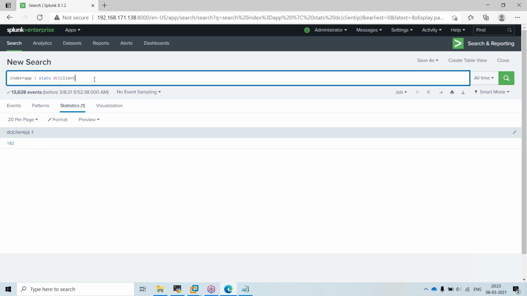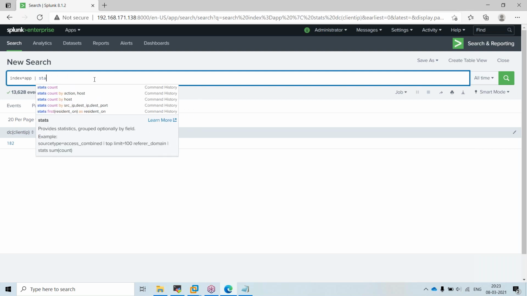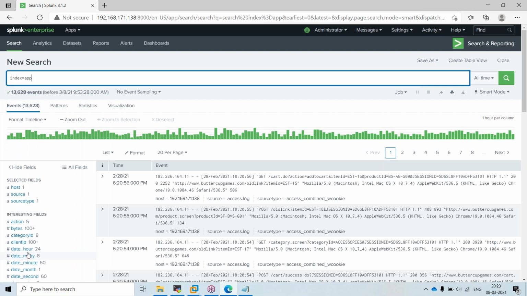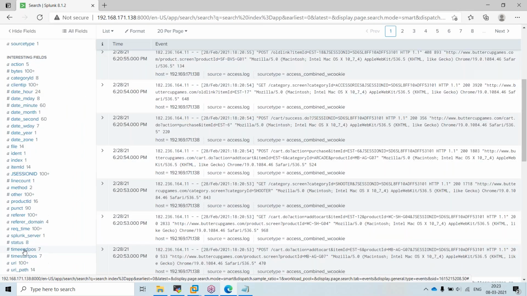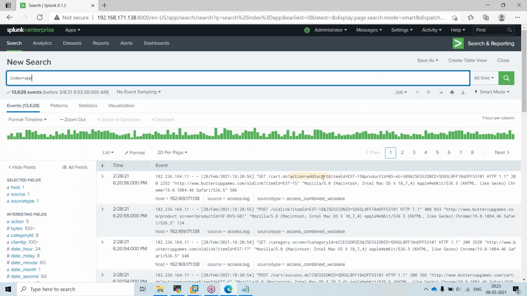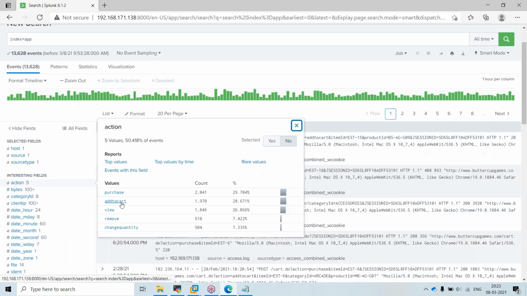Like here, there are multiple actions. There is something like action, and in that action there are multiple operations, like purchase, add to cart, view, remove, change quantity.